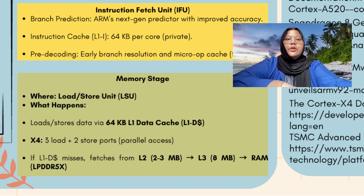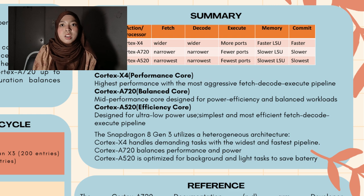If the required data is not found in the L1 data cache, the processor will look for it in the next level of the memory hierarchy. For example, first it checks the L2 cache, which is about 2 to 3 MB. If it's not there, it checks the L3 cache, which is 8 MB and shared across all cores. If data is still missing, it finally accesses the main RAM, which is LPDDR5X. In summary, across all cores, the fetch-decode-execute cycle does the same steps: grabbing, translating, and executing instructions,